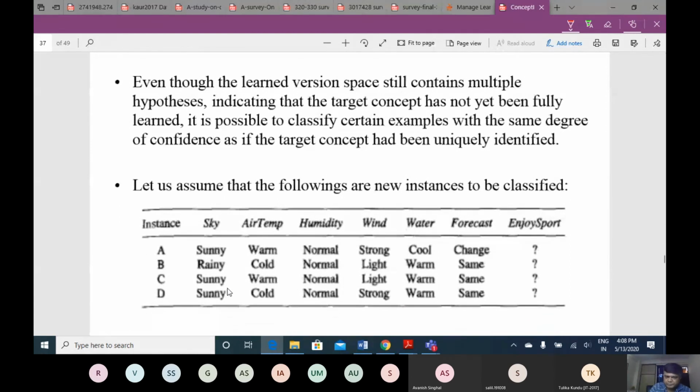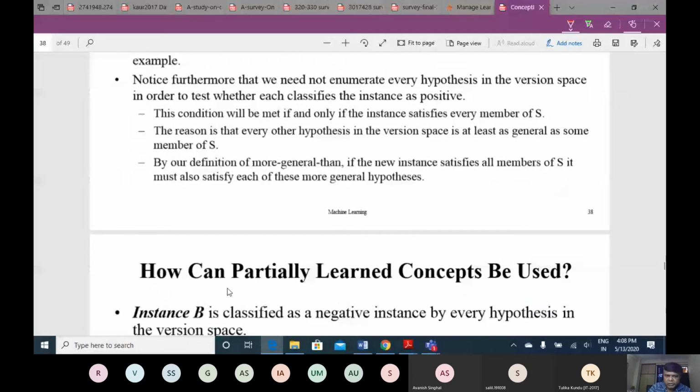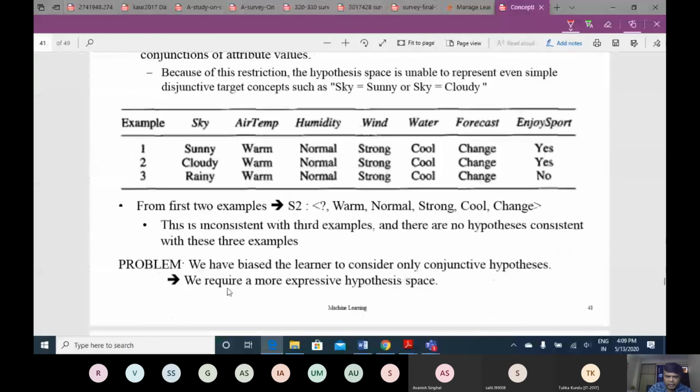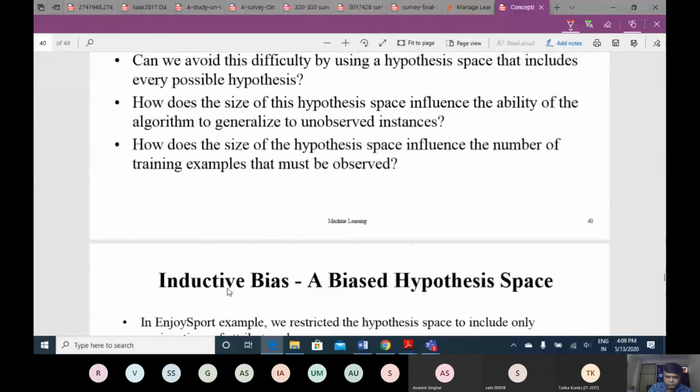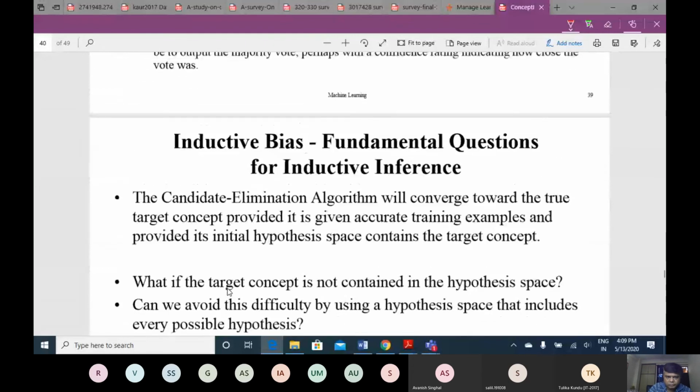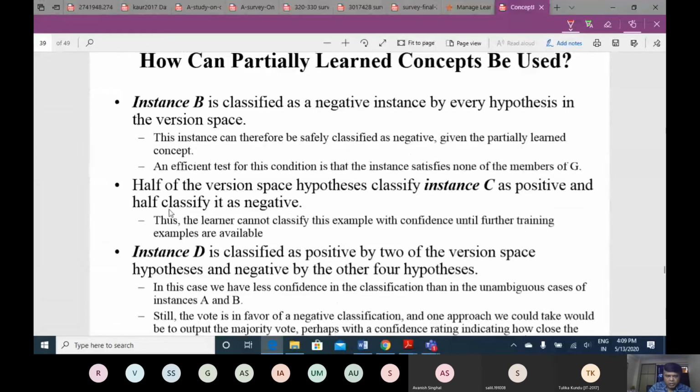But what about C and D? So after this lecture you just check for C and D what is the answer, and you will find that for C, half of the version space hypotheses classify instance C as positive and half as negative. So for C, half is positive, half is negative. So you cannot categorize it. So you cannot classify it. You cannot say whether this C instance you can enjoy sport or not